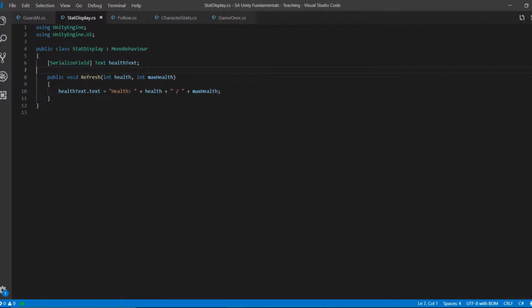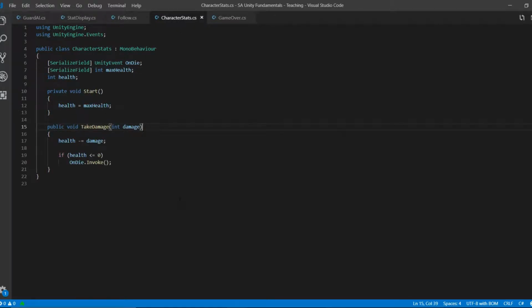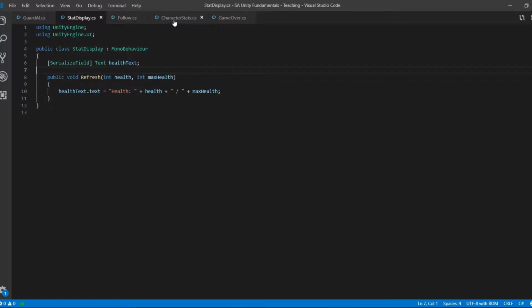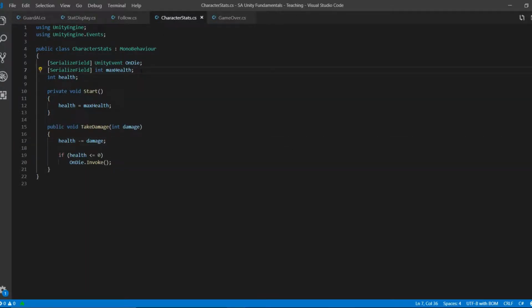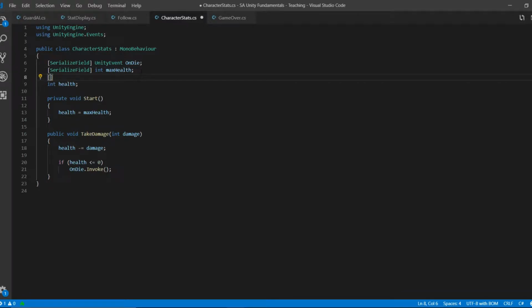Now, we need to actually call this refresh method. And it seems like a good place to have that happen is in this take damage. So this is going to need to have a reference to that stat display. Let's just go the quickest way to do this. This isn't really the best. I'd rather use a Unity event here. Well, I'll start with this. Okay, get a reference to stat display called display,